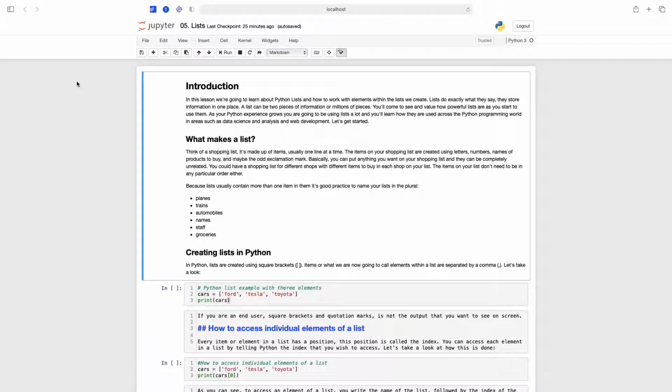Hi everybody, and you're very welcome to this moonshot where we're going to be discussing how to work with lists in Python. So I'm here in my Jupyter notebook, I've got my text and my code ready, so let's jump right in. So in this moonshot, we're going to learn about Python lists and how to work with elements within